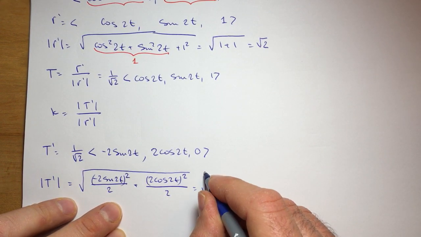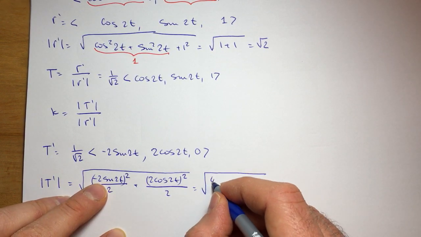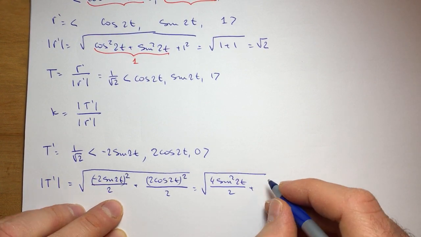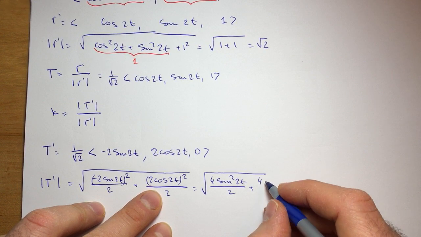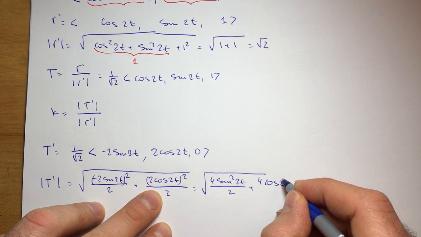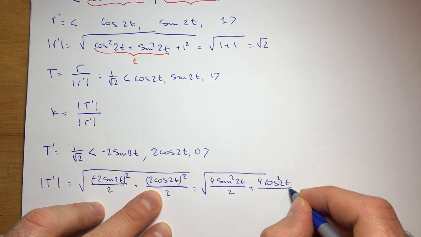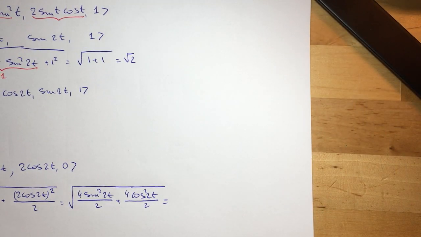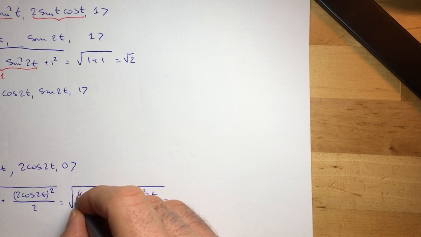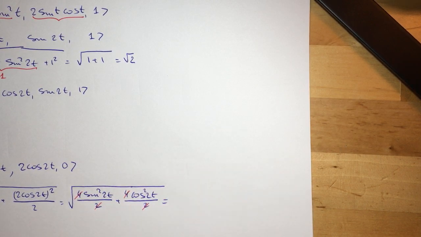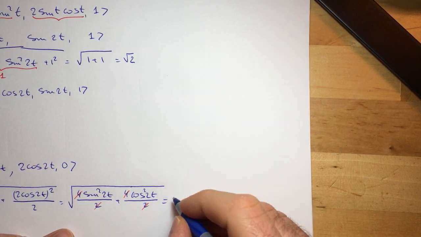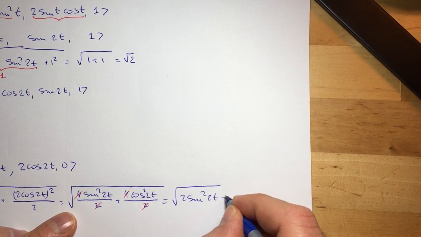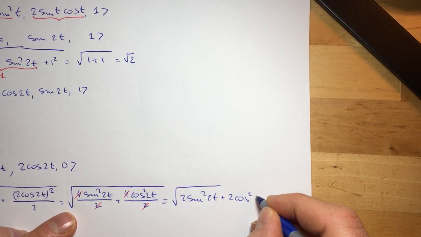That's equal to the square root of 4 times sine squared of 2t over 2 plus 4 times cosine squared of 2t over 2. Cancel these two. I get square root of 2 sine squared of 2t plus 2 cosine squared of 2t,